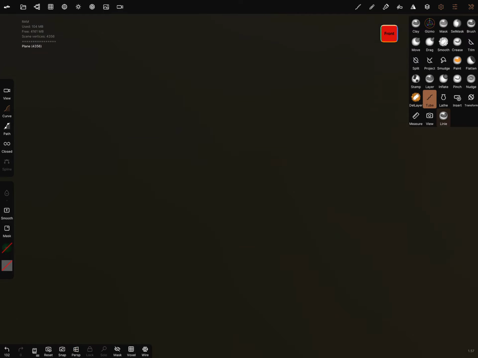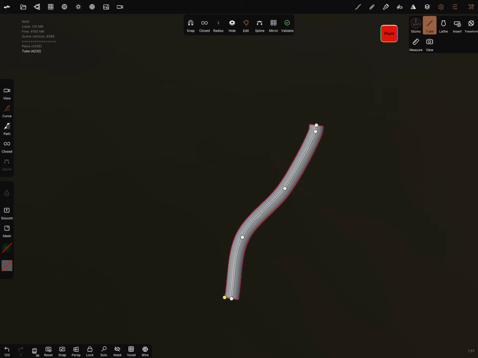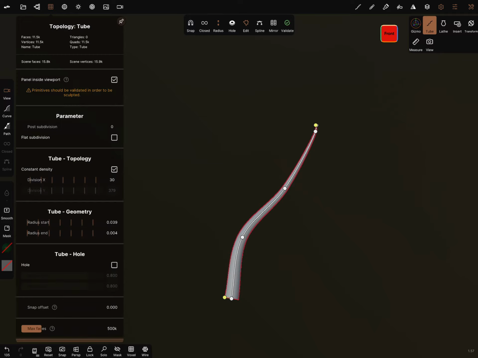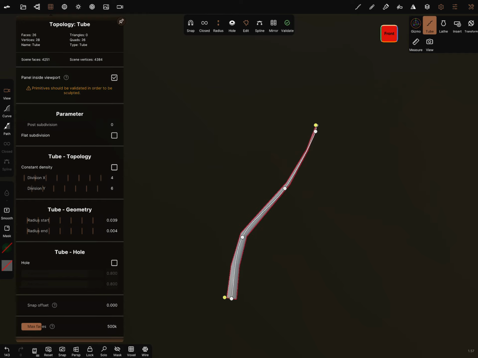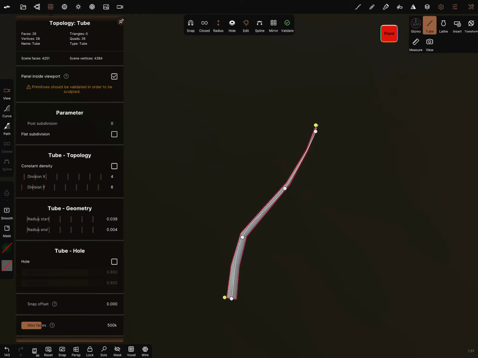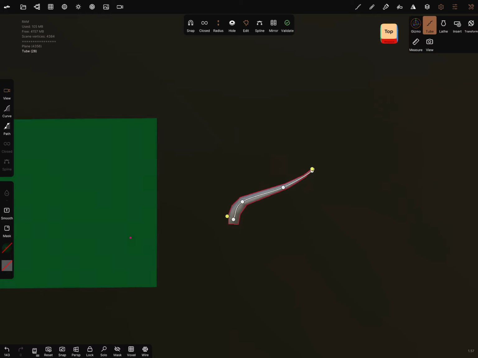I go to the not perspective view and I draw the grass part and I reduce the topology very low, only what is needed to create this.